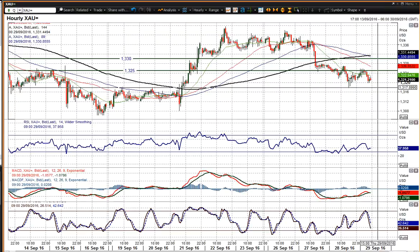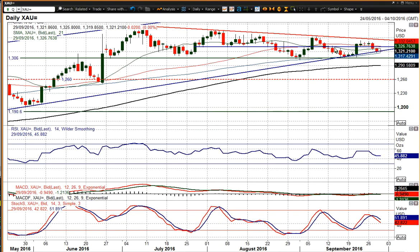So it does look as though it's corrective, and we could now lose this bull argument, but I think it's just going to be that this medium-term range continues, and I expect buying towards the lows of the range anyway. But I just think we could now be breaking down this